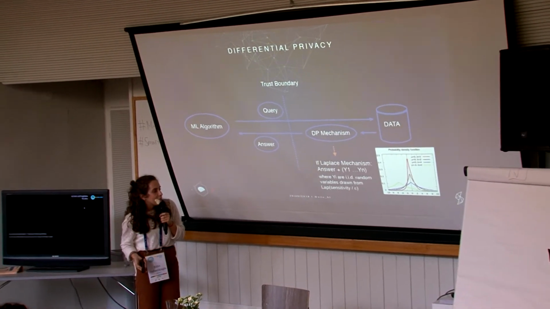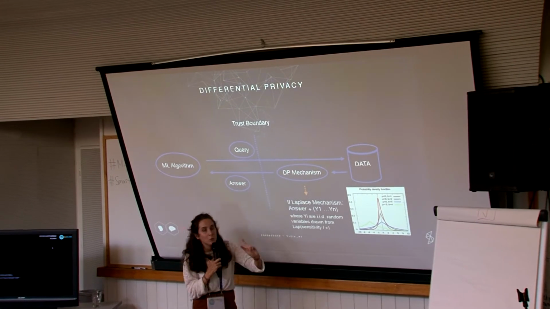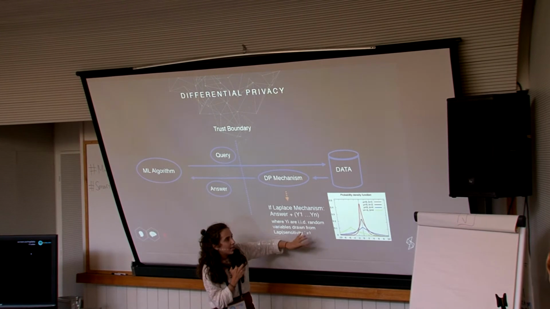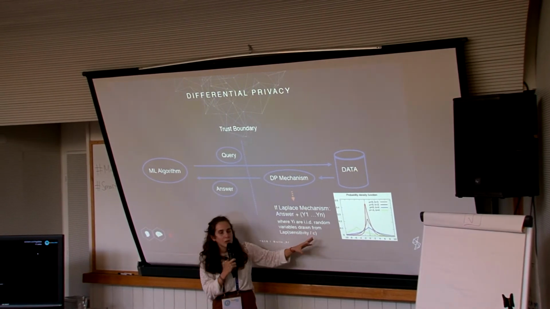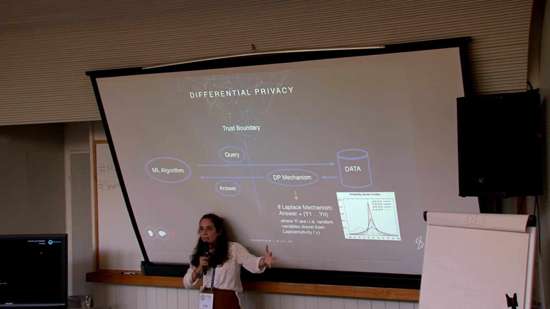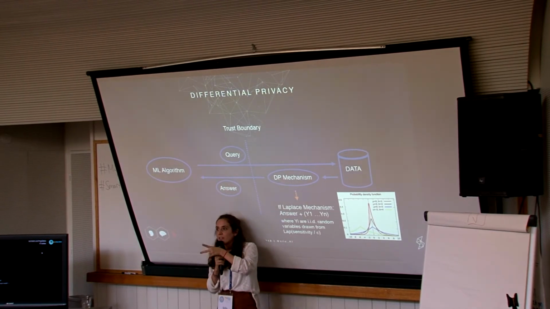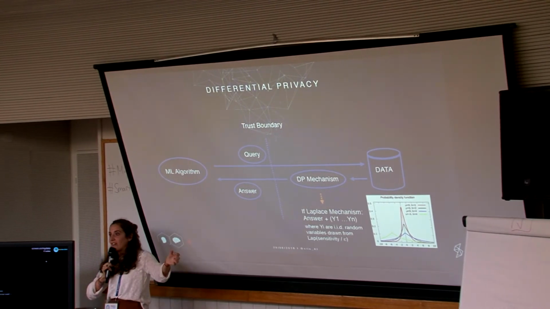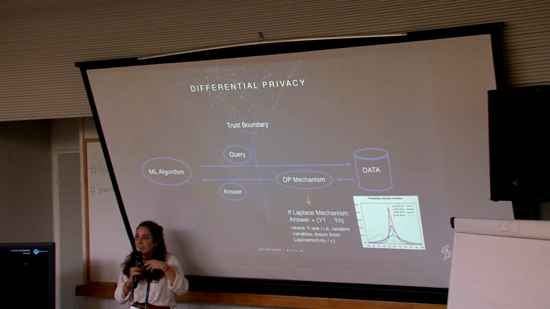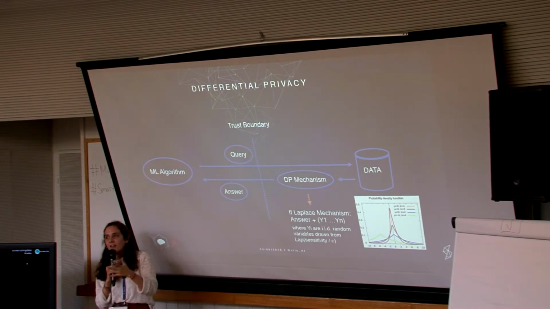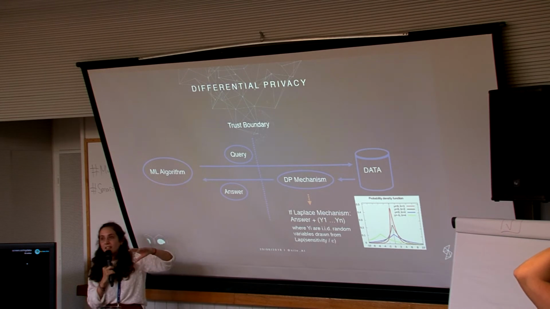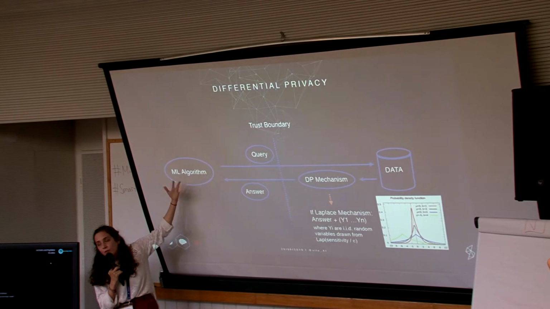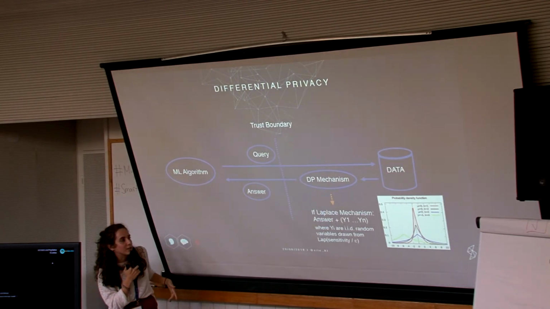There are two interesting terms here. One term is this privacy budget, epsilon. You also need to decide how private you want to be and how accurate you want to be, because privacy and accuracy don't go together. If you want to be more private, then you need to add more variance and perturb the answer more. But if you have so many queries, then this will influence the performance of your machine learning algorithm, basically.